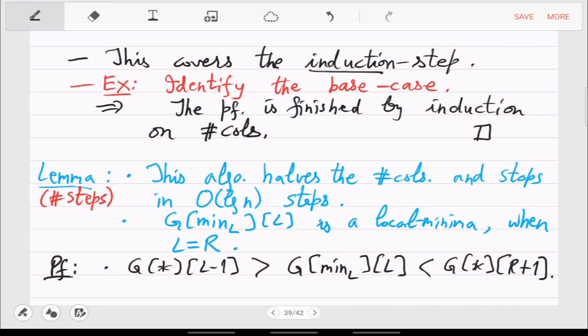So this compares in the same row. So in the same row you can see that in this min L row, both these neighbors are bigger, and when you look at the neighbors which are above it and below it, they are also bigger because you have taken the min in that column, right? So this is also less than